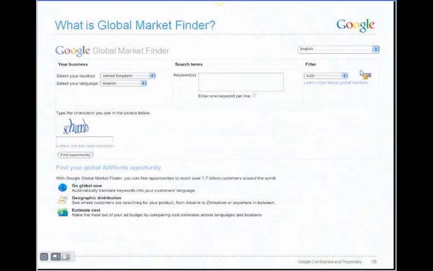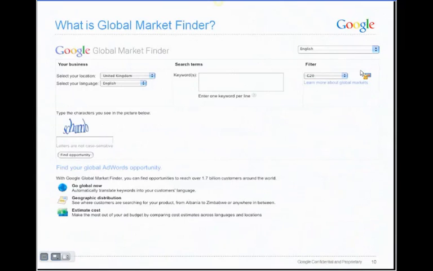Google Global Market Finder uses data from internet searches conducted around the world to show the number of times people search for your keywords in Arabic, Chinese, English, or one of 56 languages. When combined with AdWords, Global Market Finder also showcases estimates of suggested bid competition for each Google translation for that keyword used in your target market. These metrics will allow you to compare the cost of acquiring a new customer with your product margins and help you to determine whether reaching customers in a new market is good for your business.